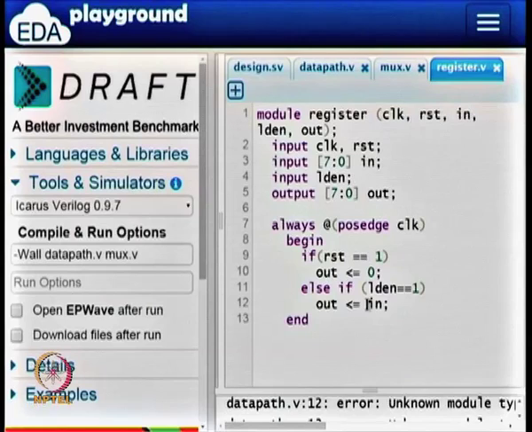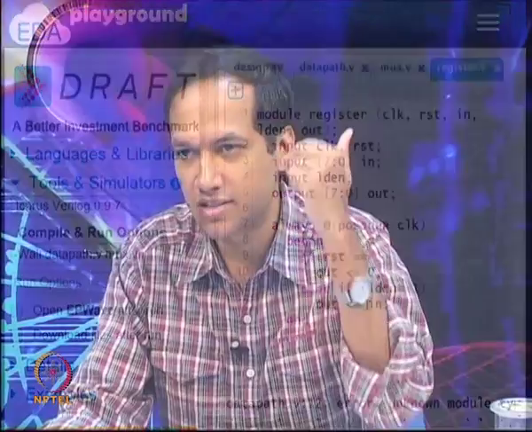If you do not put an else clause here, it is okay, because no else clause means remember the old value. The old value is whatever the output was, it will just remember it. So this is just a register which takes an 8-bit parallel input and gives it out as a parallel output. The only thing is, if reset is 1, the output is initialized to 0, else if load